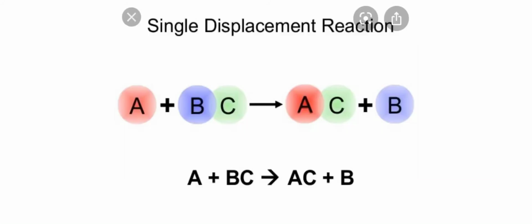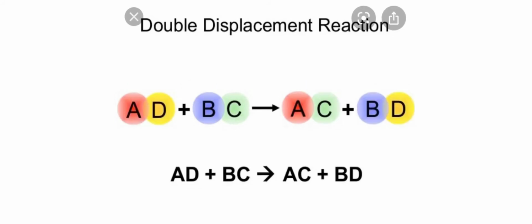Another type of reactions are displacement reactions. First is the simple displacement reaction. In this reaction, a highly reactive metal displaces a less reactive metal. We have studied the reactivity series in chapter 2. So here you can see A plus BC will give AC plus B. Here A is more reactive than B, so B will be displaced from C by A. So A plus BC will give AC plus B.